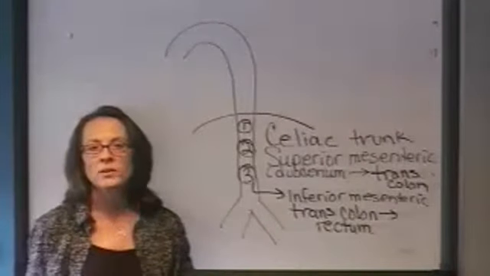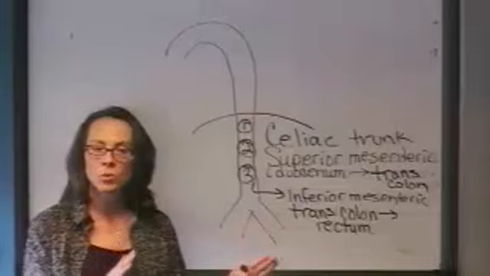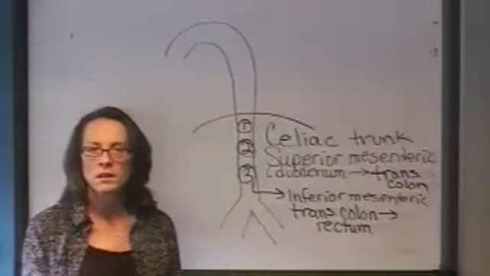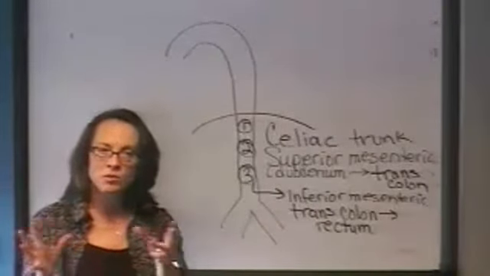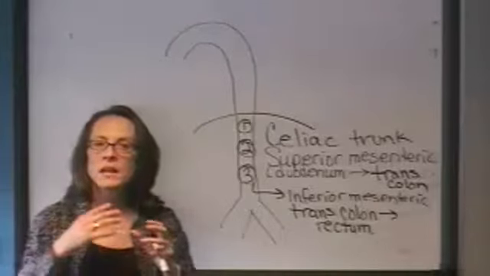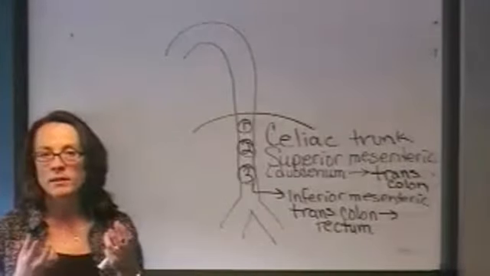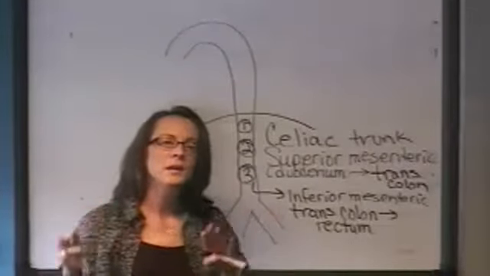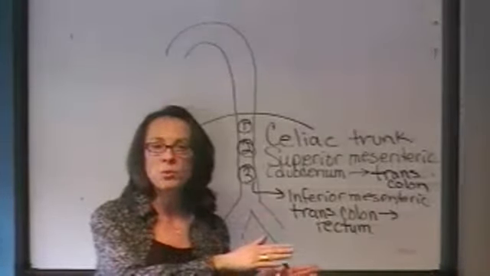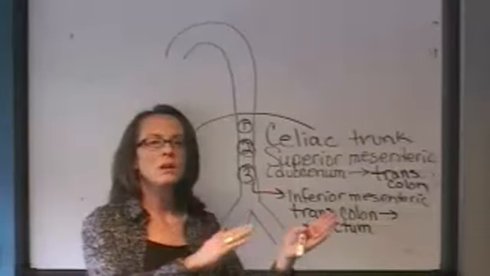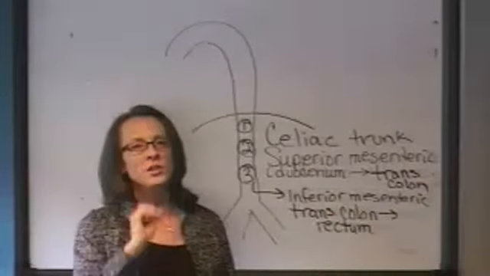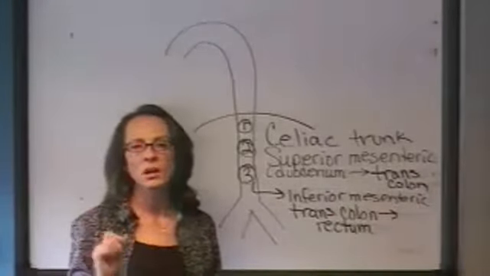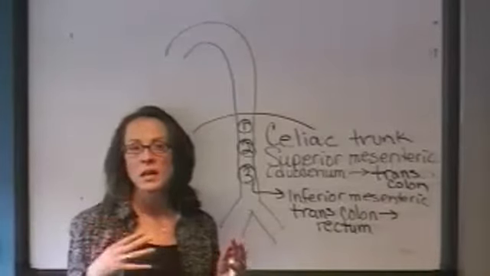It's eventually going to go to the hepatic portal vein. There are going to be veins which will drain the small intestines. They will send this nutrient-rich blood, where we've just pulled all the nutrients out of our foodstuffs and put them into the blood supply. It'll send it to the hepatic portal vein, which will go to the liver. The liver is going to be one of the major processors of all these nutrients. It will help to